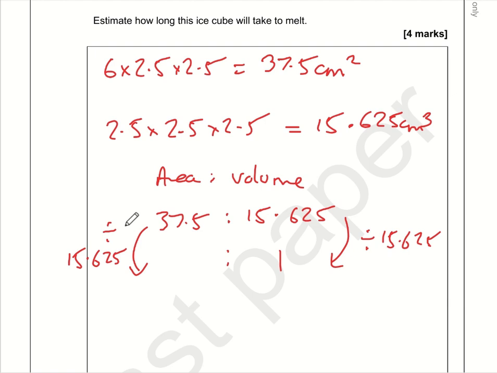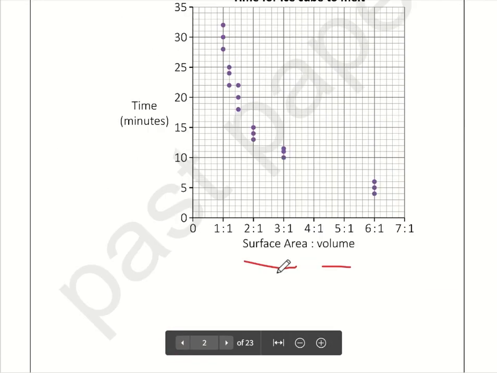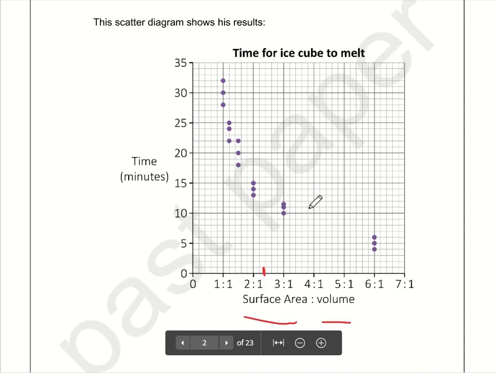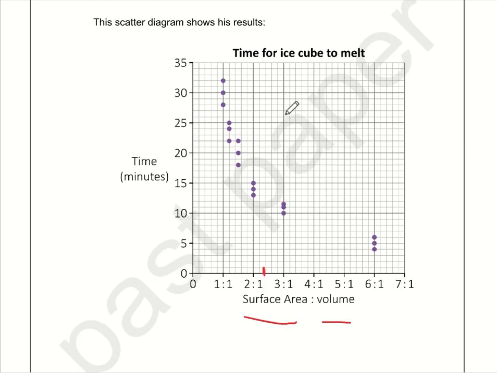And what I get there, 37.5 divided by 15.625, I get 2.4. Okay, so the ratio is 2.4 to 1, which is not very nice. So what I need to do here is 2 to 1, here is 3 to 1, so 2.2, 2.4 to 1 is here. Now what I'm usually doing with these scatter graphs is doing a line of best fit, but